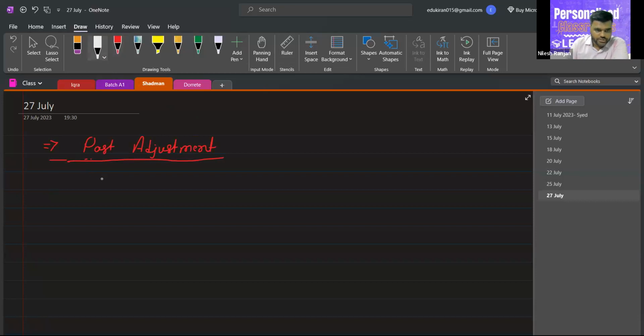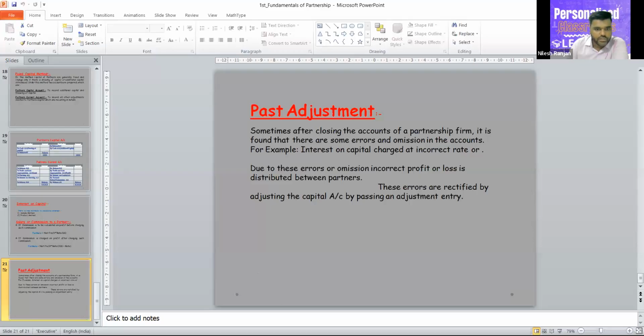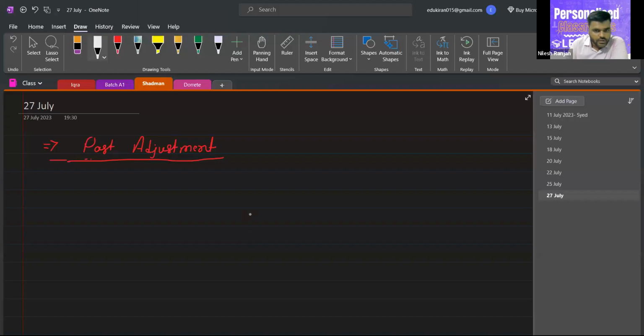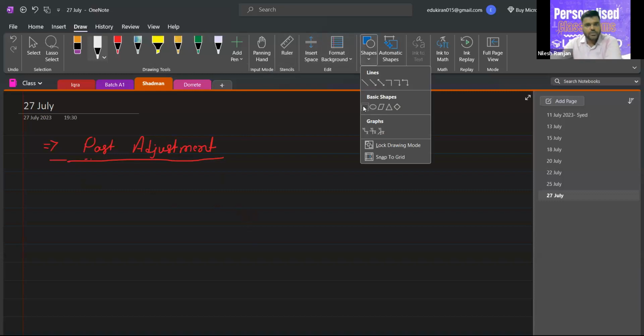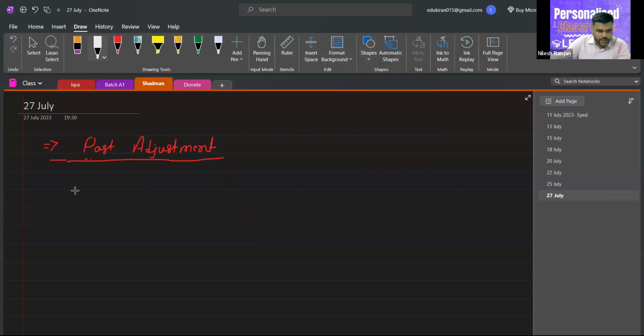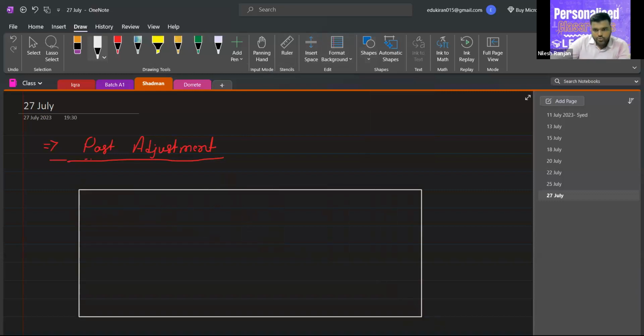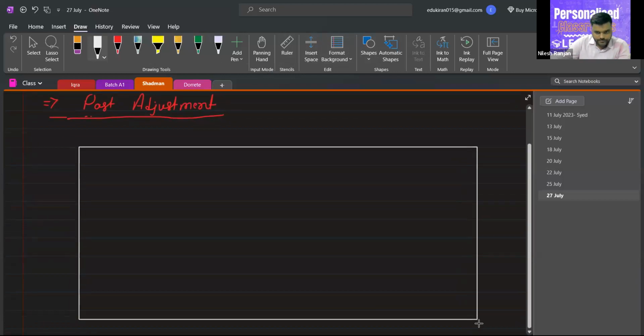Now, what is past adjustment? I told you about what it is. Now we will understand how to solve it. So first of all, we have to prepare a table according to the number of partners,